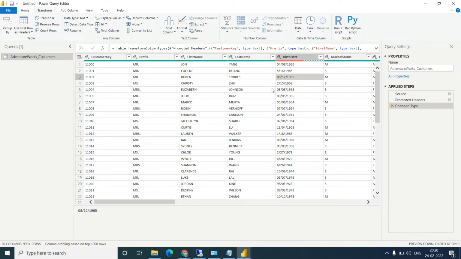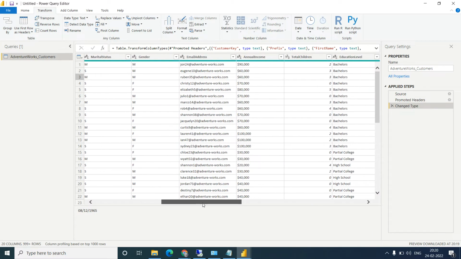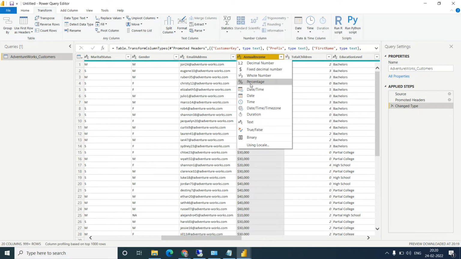It means more than 50% of the values are not in a good format. So how will we convert it into the proper format? We will see date types later. Meanwhile, we will see other things. Now annual income should not be ABC, right? But it is showing ABC, it should be a number. So let's convert this into decimal or fixed value.